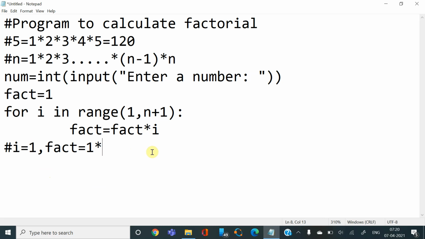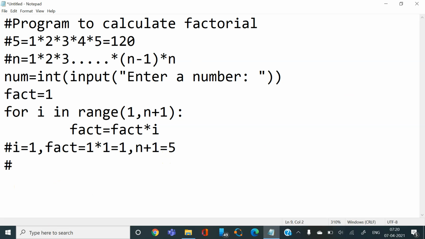Here i is 1. So fact equal to 1 into 1, which would be 1. Suppose our n plus 1 is say 5. Then this will start from 1 and go till 4, right?